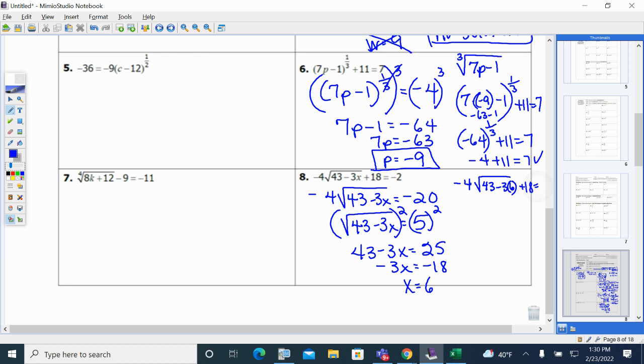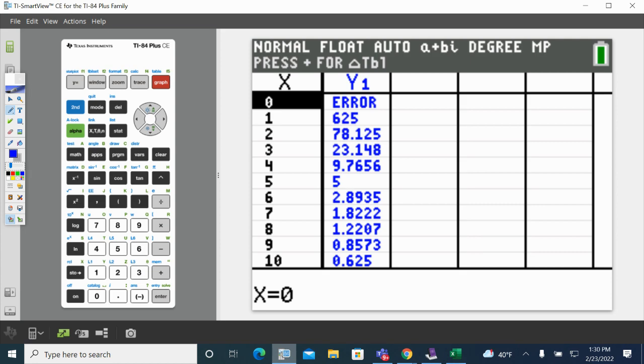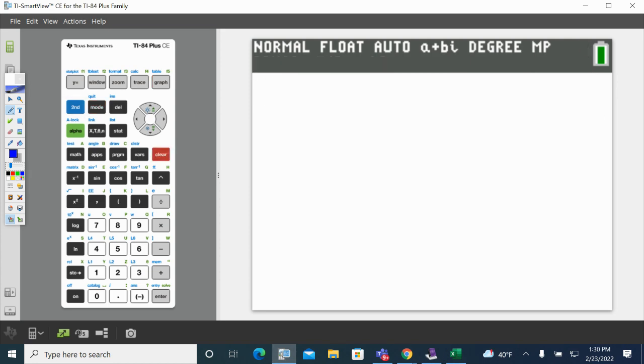Is that equal to 2? And I'm totally okay if you want to stick that in the calculator to check to see if it's equal to 2 rather than doing it mentally. I'm okay with that. Let me show you that really fast. So -4 times the square root of 43 minus 3 times 6. That was all under the radical. The plus 18 was on the outside, and this is supposed to be equal to